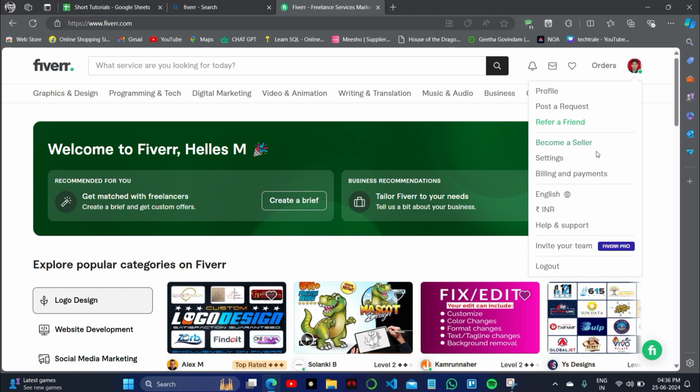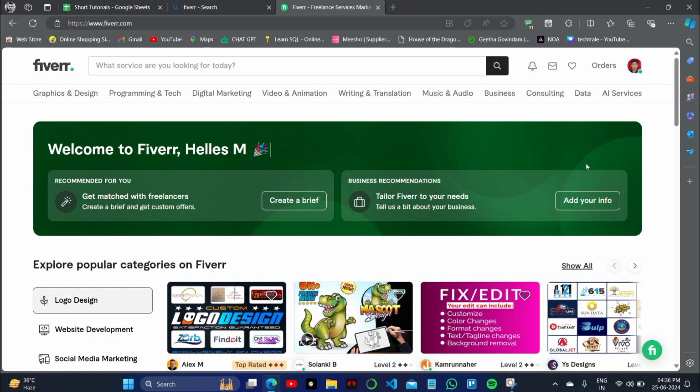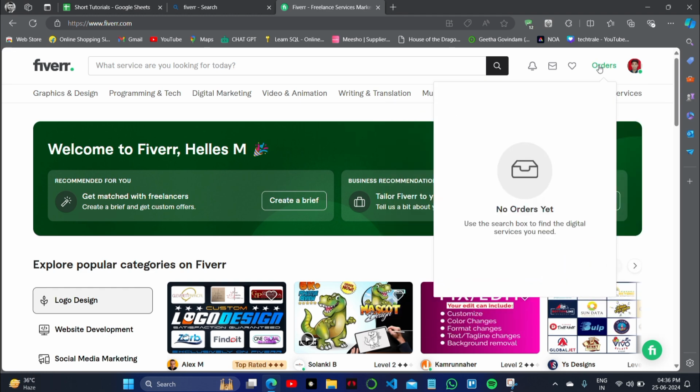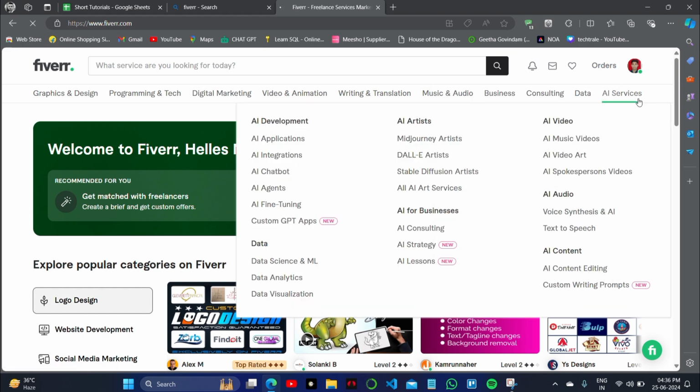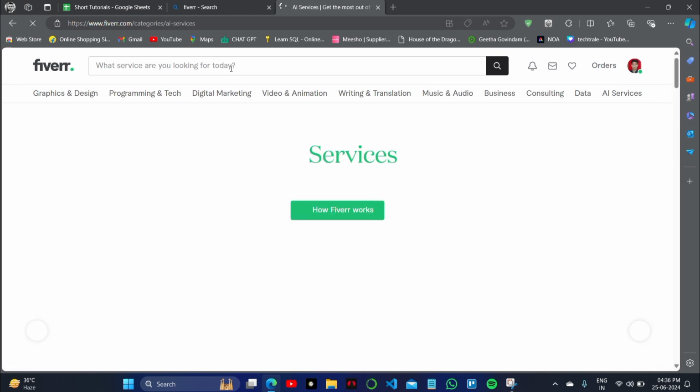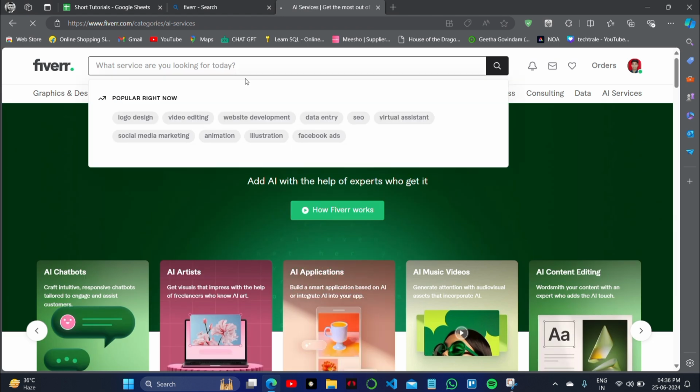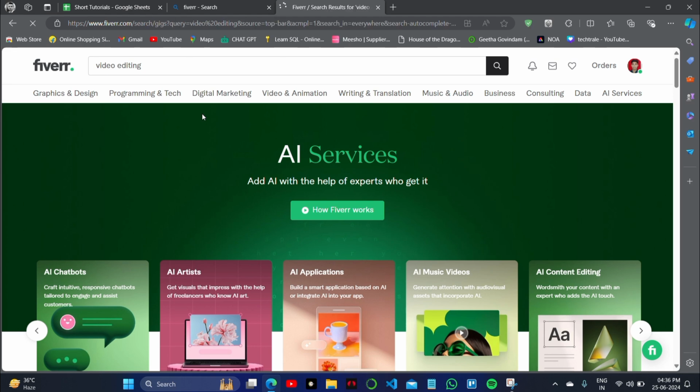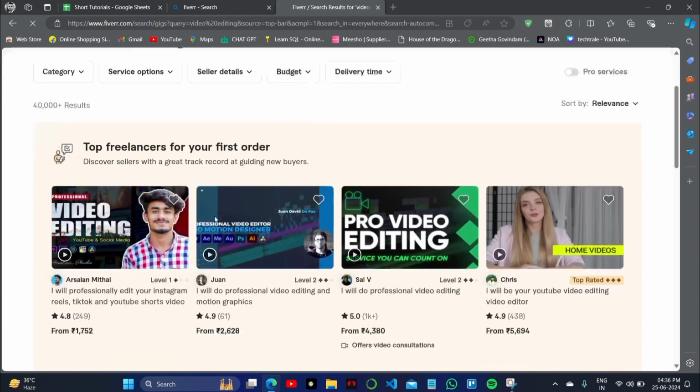Then click on your profile option again on the right top corner of the screen. So by this time, your profile is ready to be viewed. You just have to enter your details and enter your services, which services you offer, like AI chatbots or any other options. If you do video editing, if you're a developer, if you're any other creative worker, then you can